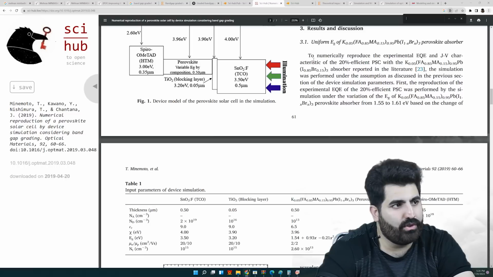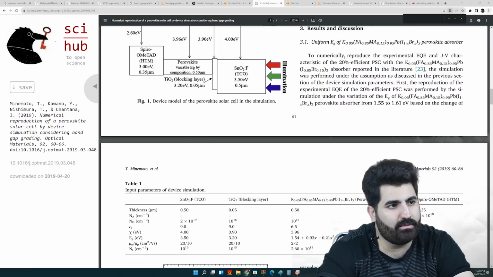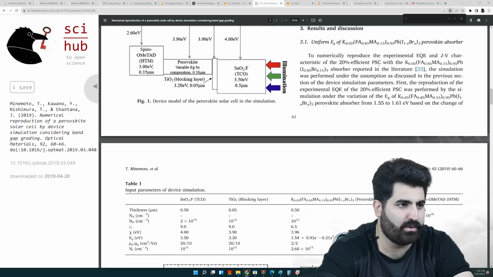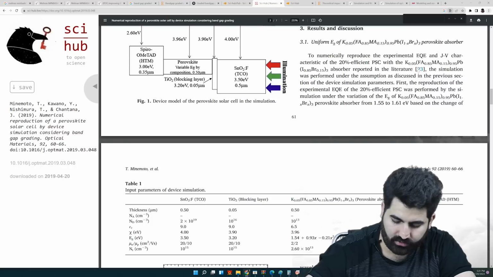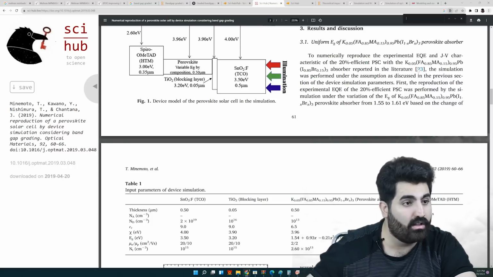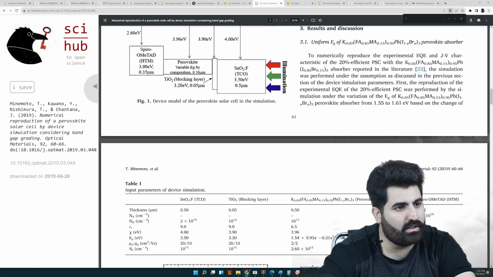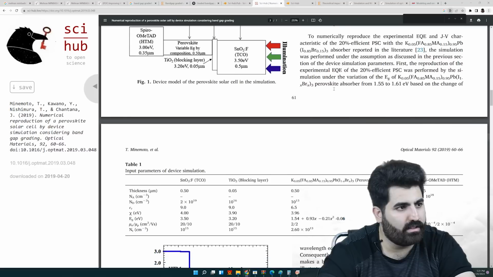As we can see, for uniform EG, the two numerically reproduce the experimental EQ and JV characteristics of a 20% efficient perovskite solar cell with absorber reported in literature. It's better we use Ref 23, and the simulation was performed on assumption. First, the reproduction of experimental data on the variation of the EG from 1.55 to